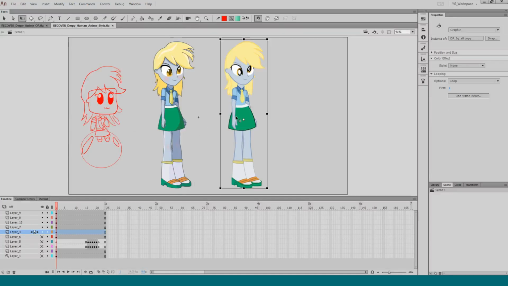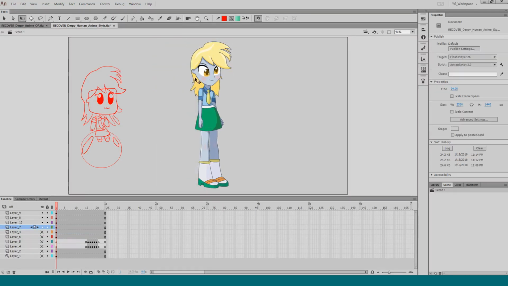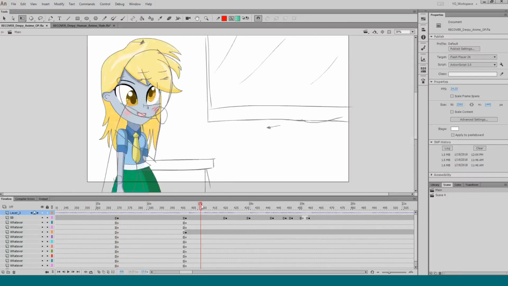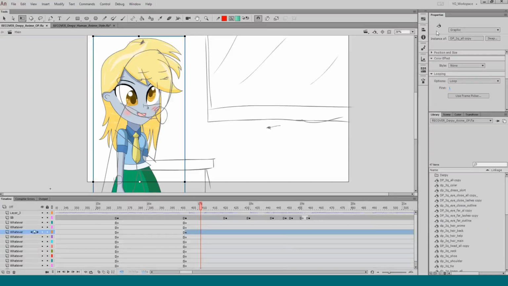I have not opened any of these files since last time, so I'm just trying to reacquaint myself with what I got here. Okay, so this was the original vanilla kind of model that I have here. So we can get rid of that, so we can just focus on this version. Now I've already put her in here. There you are. So it should be the same library, same model number here.